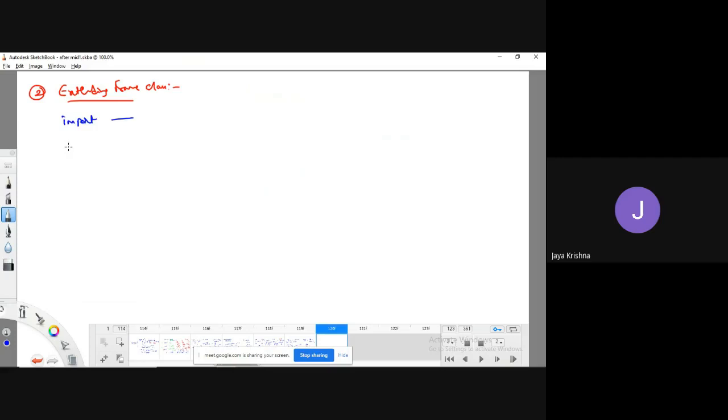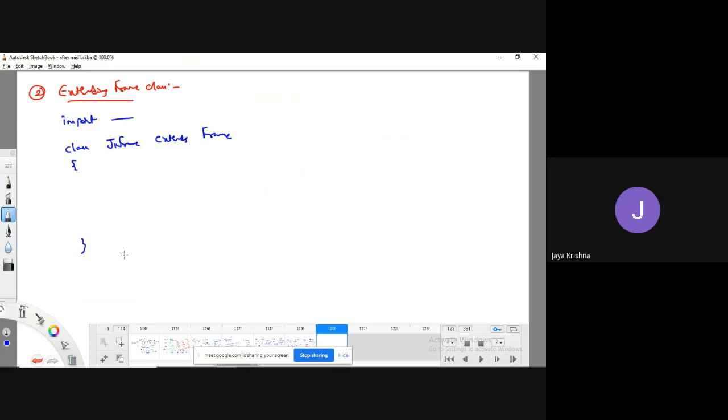Then you have to create a class, for example JKFrame class. That class must extend which class? The Frame class. Extend Frame class. That's it.